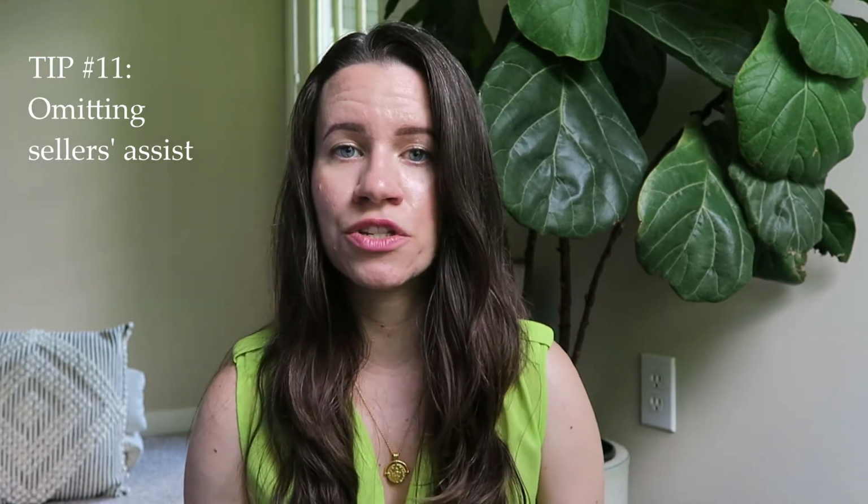Tip number 11 is not asking for any seller's assist if you can avoid it. So seller's assist is basically where the seller will pay some of your closing costs for you. And this is something that can be negotiated during the due diligence period. For example, let's say there are some roof leaks and that's going to need to be handled, but you'd rather just do it after settlement, but still have the seller reimburse you some sort of amount to help you pay for that. They might give you, let's say, $2,000 towards your closing costs so that you have that money to